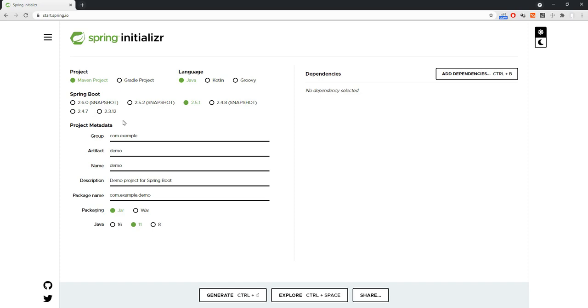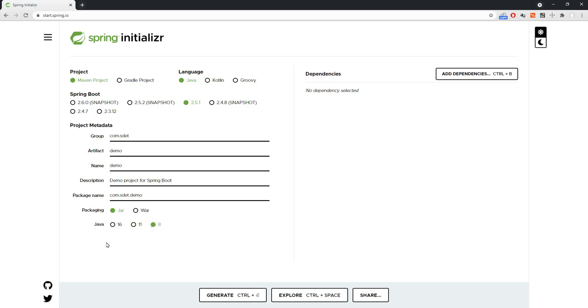For example, let me create a Maven project from here. I'm taking Maven project, using Java, and this is the default version of Spring Boot. Here you can specify your group and artifact name, description, package name, and so on. Let me say the group is com.sdate, the artifact is demo, the name is demo project, with a description and package names. You can provide default values. I'm selecting packaging jar, and whichever Java version you want to use, you can select that version.